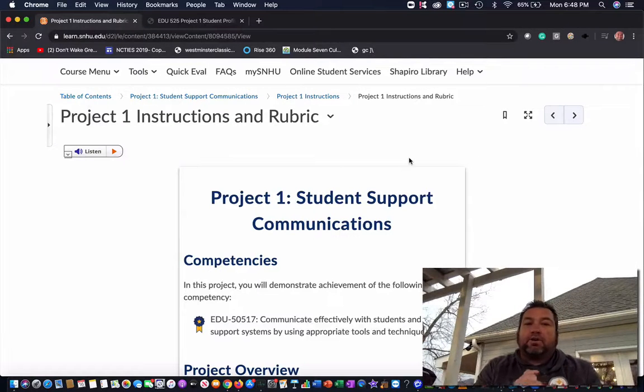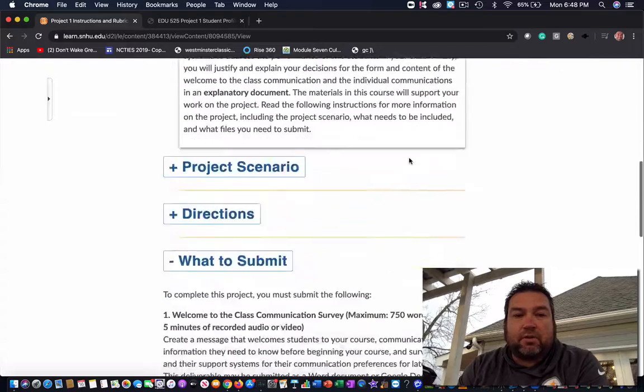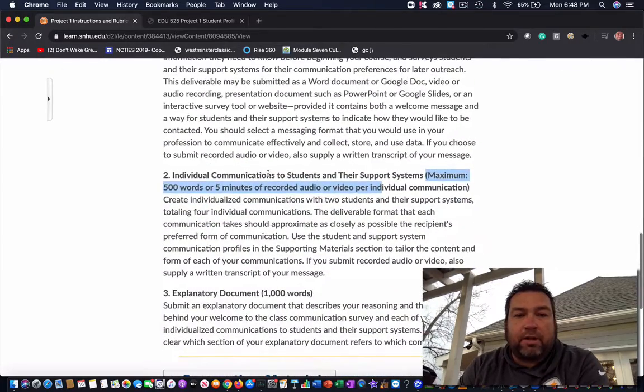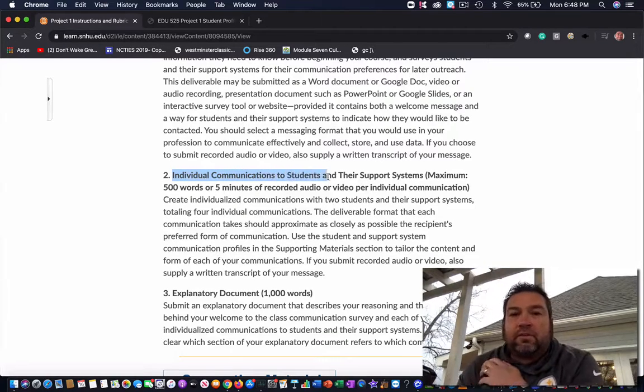Last week we talked about part one of Project 1, the student support communications. This week we're going to talk a little bit about the second part of the project. And so with the second part of the project, you are working on individual communications to students and their support